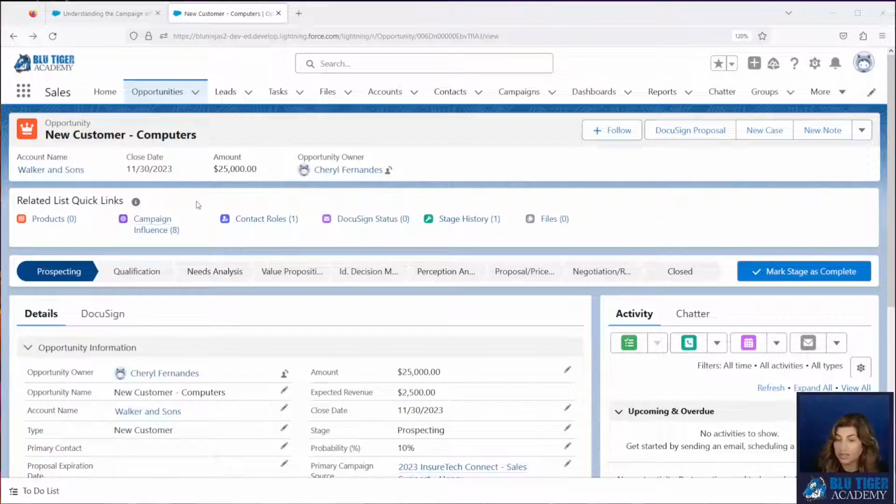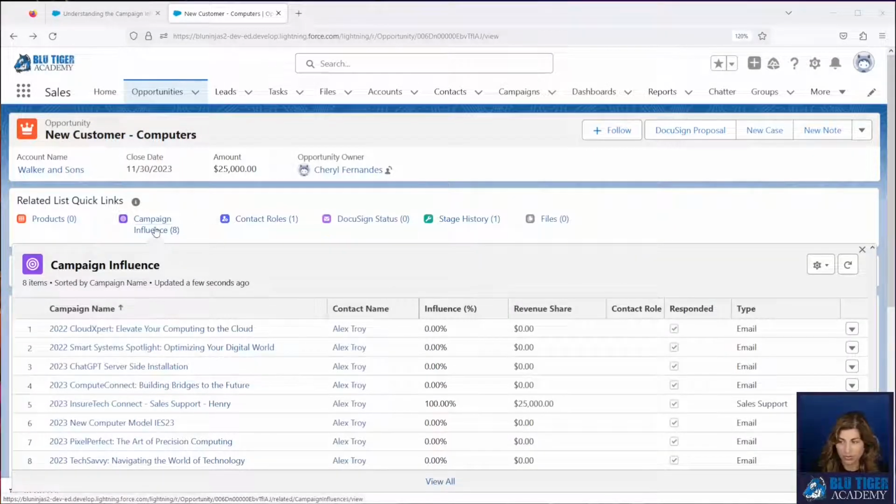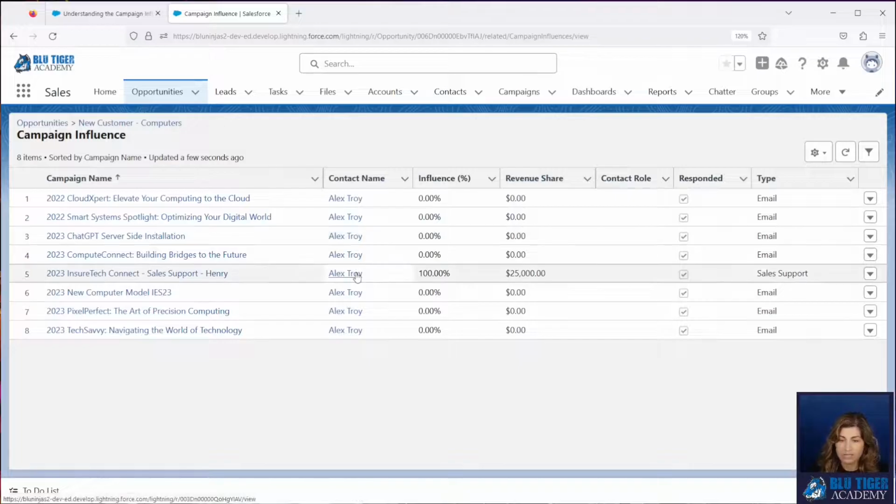Now let's review the campaign influence records that were created. So we can see that there are 8 records, and we can see that there are 7 emails and 1 sales support campaign. We can also see that one of them has a 100% influence while all the others have 0. This one right here that has 100% influence is the primary campaign source.